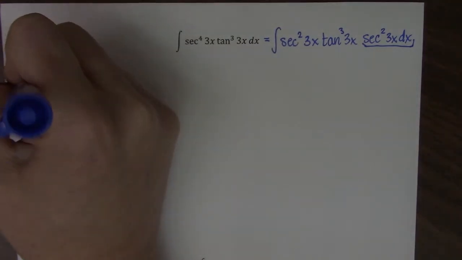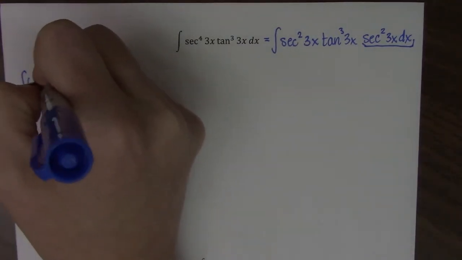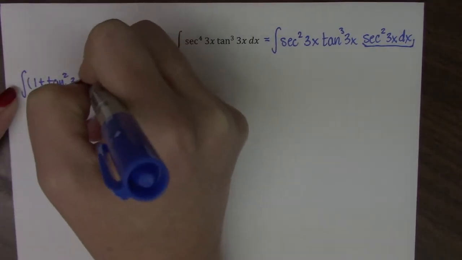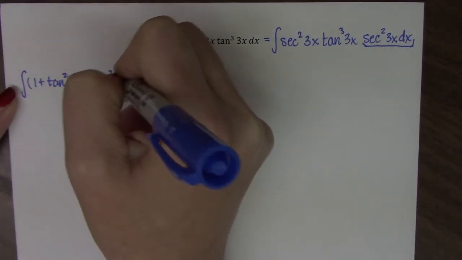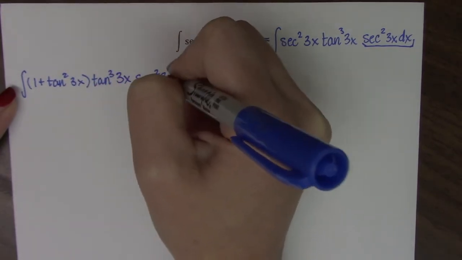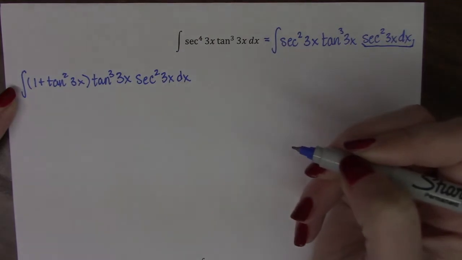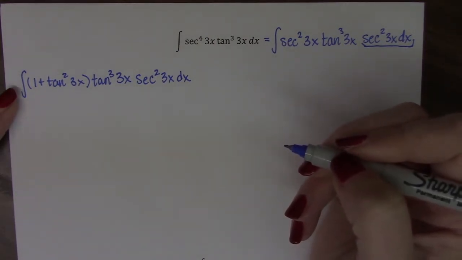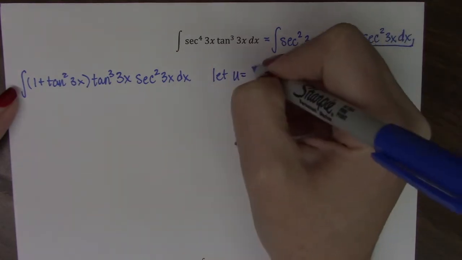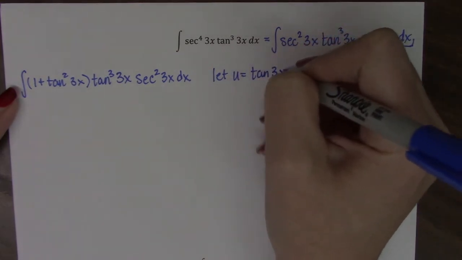So when I do that, I'll have 1 plus tangent squared 3x times tangent cubed 3x times our secant squared 3x dx. So now I'm ready to do a u substitution where u is going to be tangent of 3x,